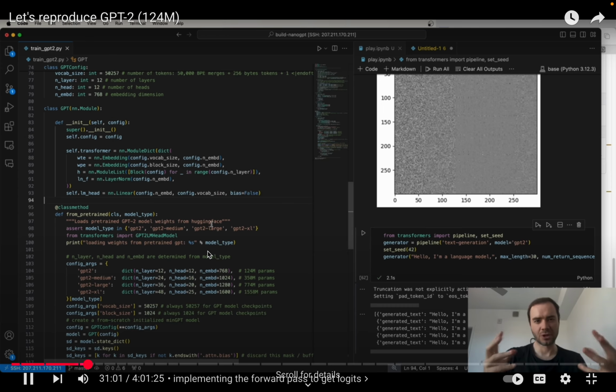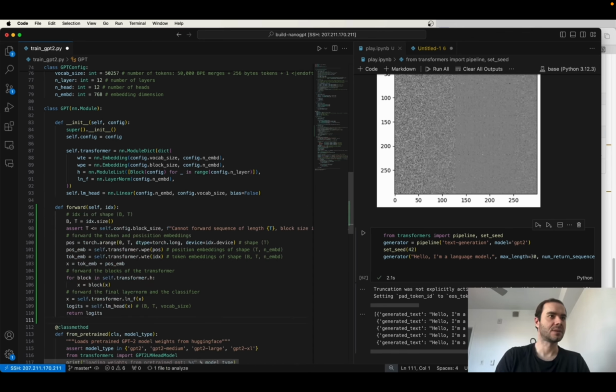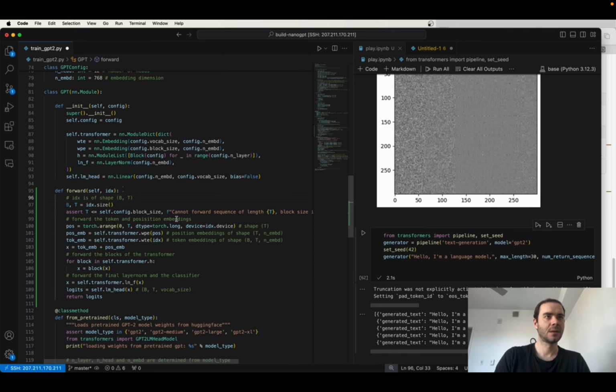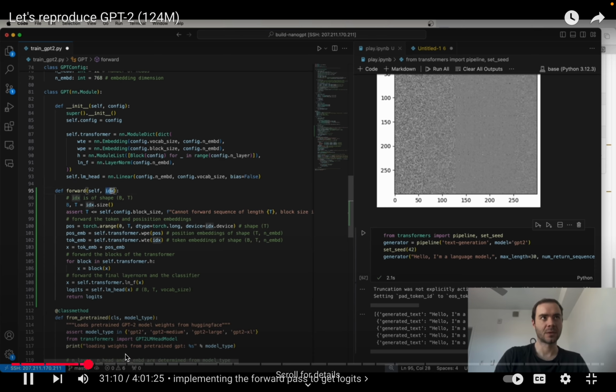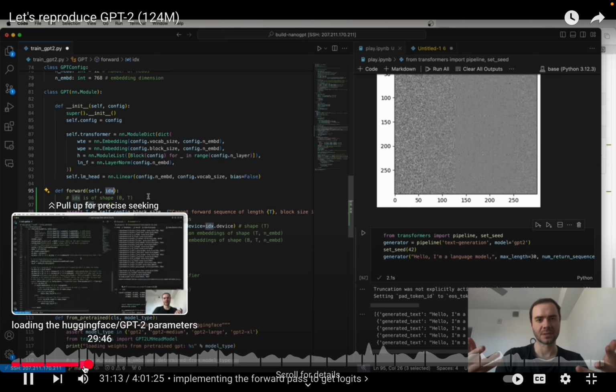Okay, now before we can actually generate from this model, we have to be able to forward it. We didn't actually write that code yet. So here's the forward function. So the input to the forward is going to be our indices, our tokens,